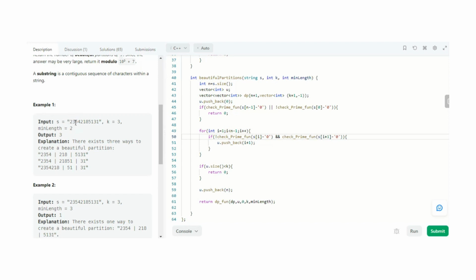Because if we do a partition here, the left character, from where we are starting, is the ending of the previous left substring. It is not the starting, it is the ending. So we need to check whether it is composite and its next, current element is prime, which is the starting of the next substring. If it is satisfying this condition, then we simply return our index, meaning i plus 1.